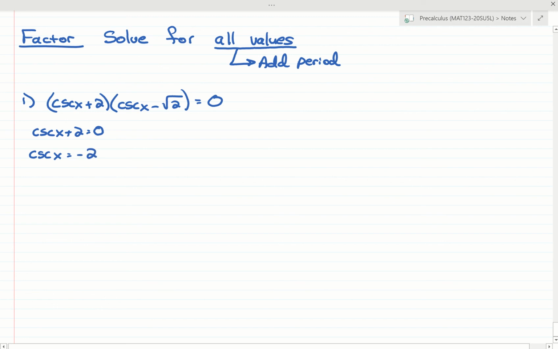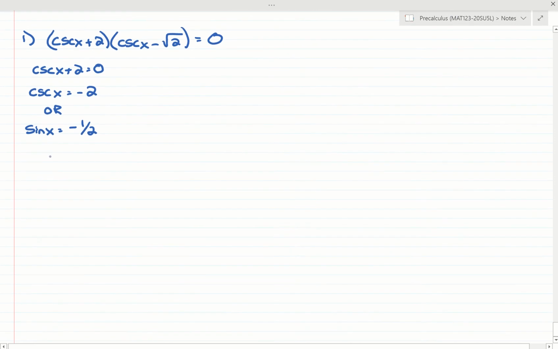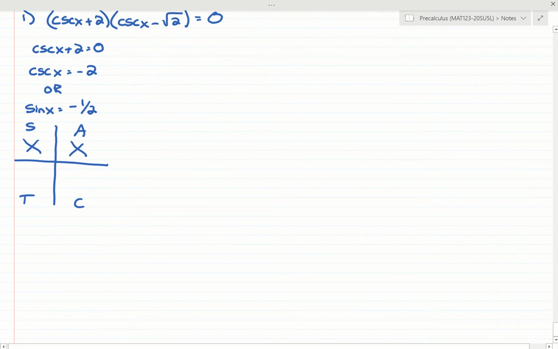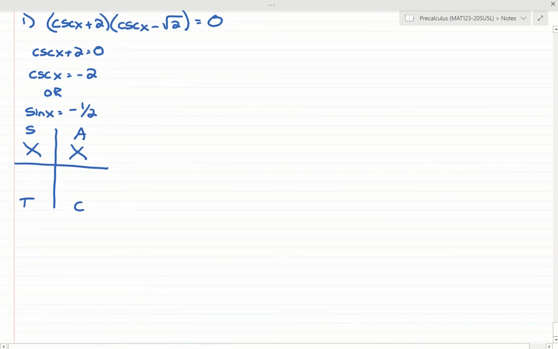Now, if cosecant of x is -2, another way to think about this, remember that's the reciprocal of sine. So sine would be -1 over 2. And that happens, we wouldn't draw it in this quadrant where sine is positive. Sine of 30 degrees would give us 1/2. But we want to draw the 30 degrees where sine would be negative,